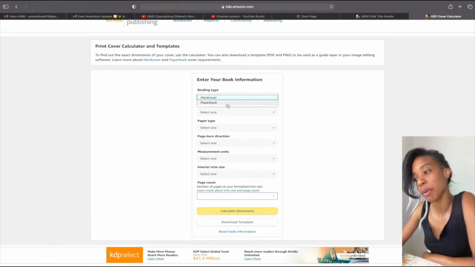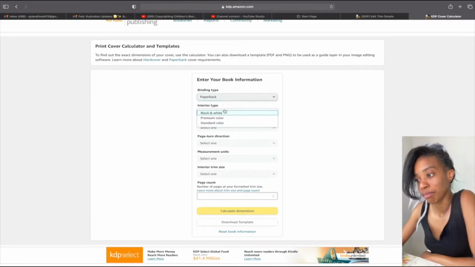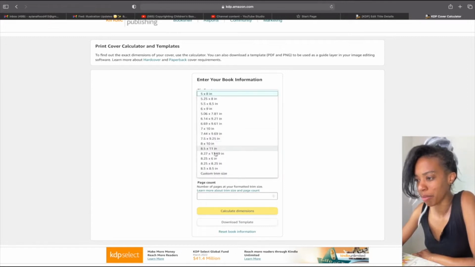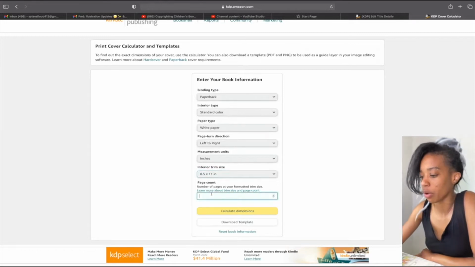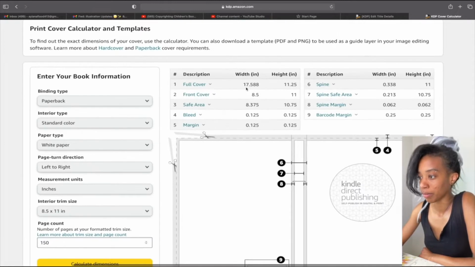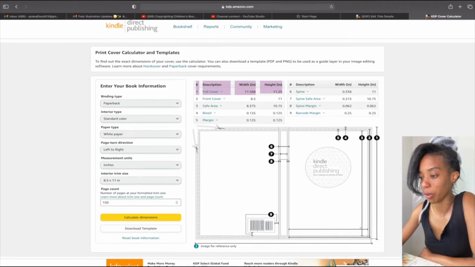So let's say we have a paperback book, we want standard color, white paper, left to right, inches, interior trim, what are we looking at? 8.5 by 11. And then we'll just go ahead and do the whole 150 pages. So it'll calculate your dimensions, and then here you could do one of two things. You can take this information here where it says full cover, the height and width. You could take that, and we go back to Illustrator,